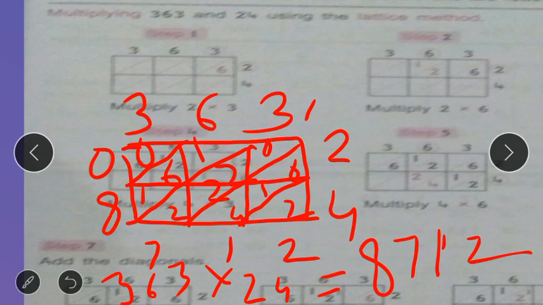So this is all for you. Some exercises on lattice multiplication are given on page number 58 in the book, and question number 2 is also there. Solve using lattice multiplication. All are based on the same procedure. Then a pattern search is also there, children. So you all have to complete these 2 exercises in your copy, and please show it to me. Thank you, children.